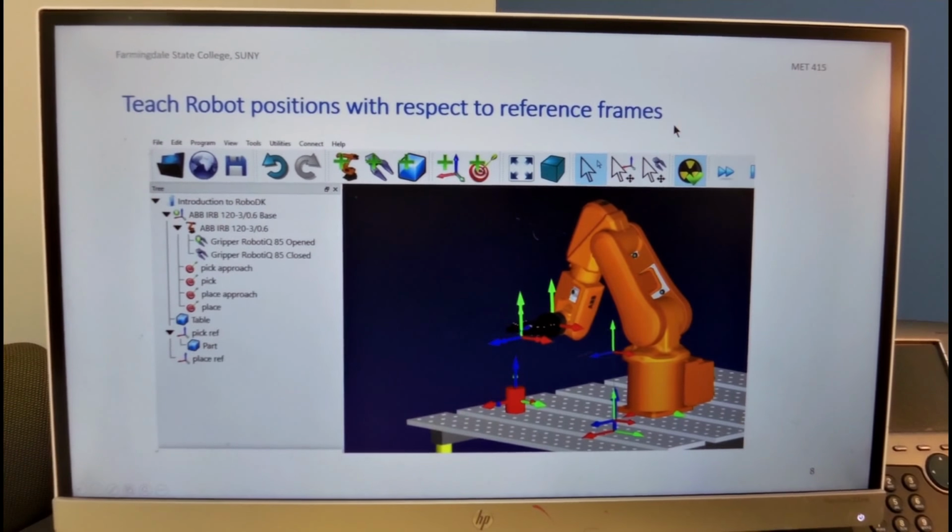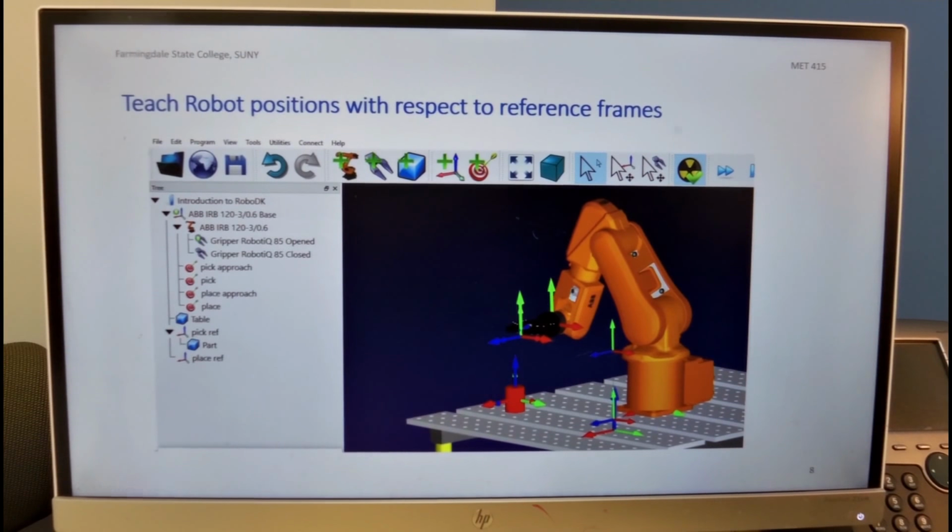The next step is to teach the robot the positions in order to do the process, and in order to teach the robot the position, we can jog it by clicking on this icon right in here. This icon right in here will allow us to jog the robot along the axis of the reference frames to wherever we want it. Our first teach point is the pick approach position, and then once we jog it to